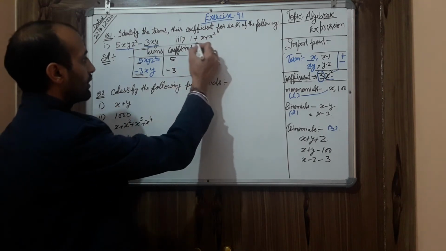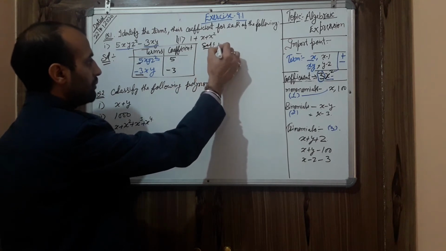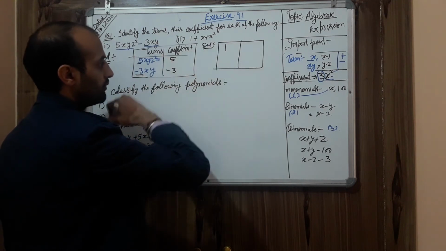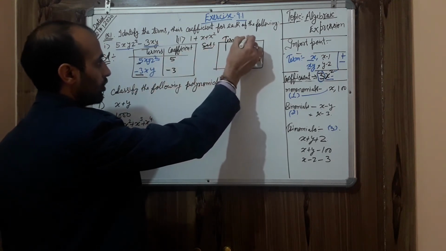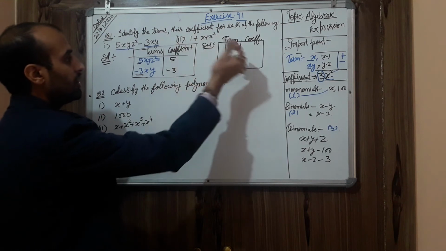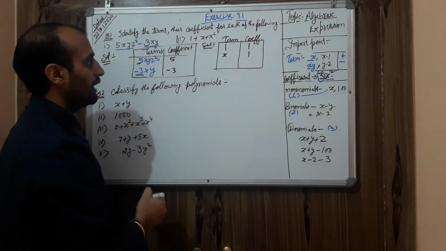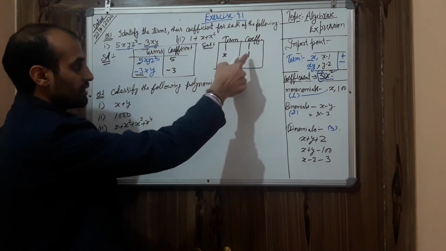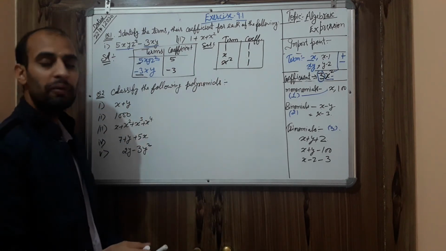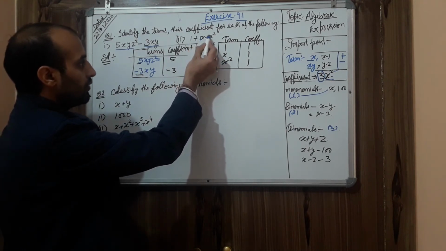So let's have a look over the next part, the second part. Similarly we are solving the second part. Here again my task is to write terms and coefficient. 1 is a term. It is a single term. Coefficient is also 1. Next term is x, and the coefficient is again a constant number, so it is 1. Next is x raised to power 2. You can see here in the second part almost everywhere the constant number is 1, because if no number is written there, you can take it as 1.